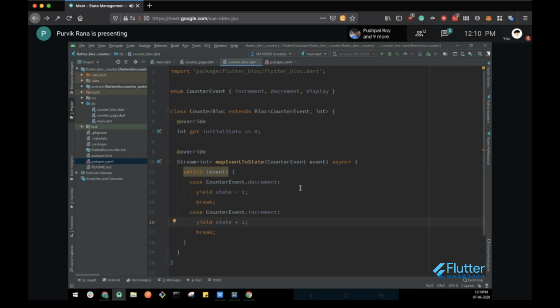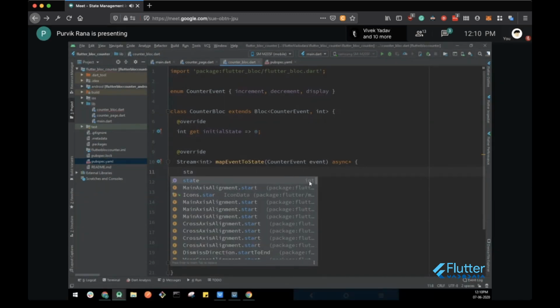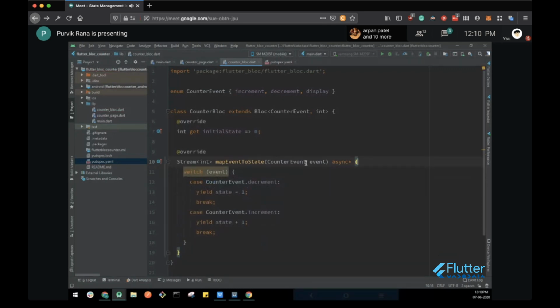State is the one thing that I need to highlight: your current state you can directly access using the state, as I have already told you, and its type is integer. That is the main thing you have to understand, that state minus one and state plus one are operations performed directly on the state, which is of type integer. So the initial value is zero. Now when the increment event happens, the current state is zero, so you will have the value equal to zero, and it will perform zero plus one for the first increment event.